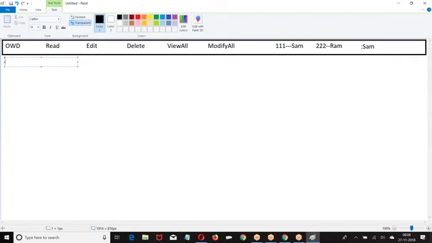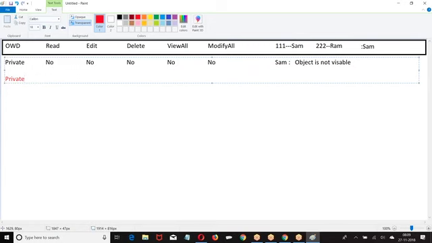He has this profile. On the profile level, you are going to give your profile level permissions on the object. Now he said no on the object. Then when Sham logs in, what can he see? When you don't have the permission on the object, you cannot see any record. On the object level, if you want to see the object, minimum read you should have. But on the profile, they are not given read, so you are not able to see the object. Let us see. OWD is private. They give read.